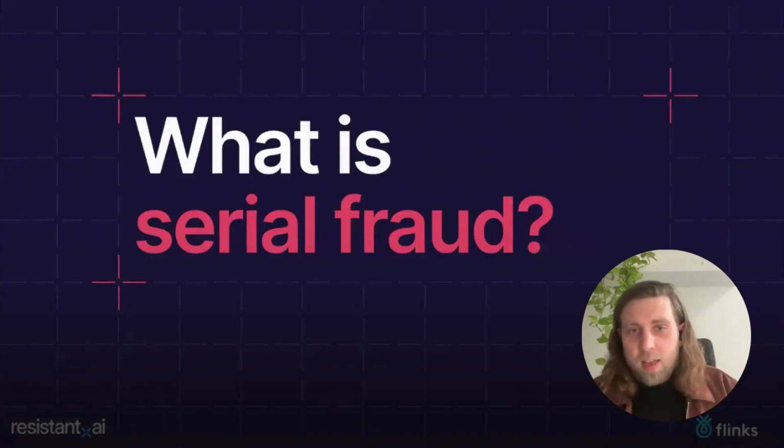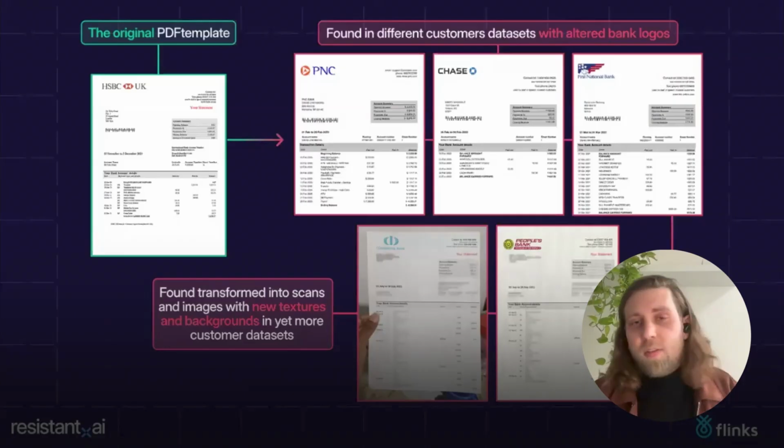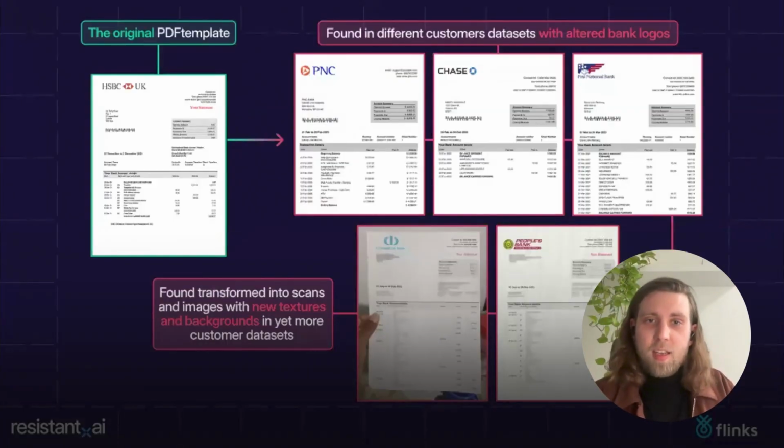Well, it very much relates to the last archetype, the farmer, right? Serial fraud is essentially an organized activity that's turning one template or a series of templates, right? But it focuses on generating a large volume of fake documents, because if you find that weakness in any of the systems you're trying to attack, and you're successful with one document, chances are you're going to replicate that success, right? And if you're able to generate thousands of documents in a very short time, you can flood the gates or flood the systems, counting on the fact that at least some percentage of those will get through, if not all, right? And this all happens very fast.